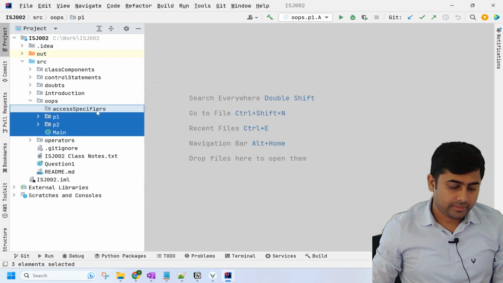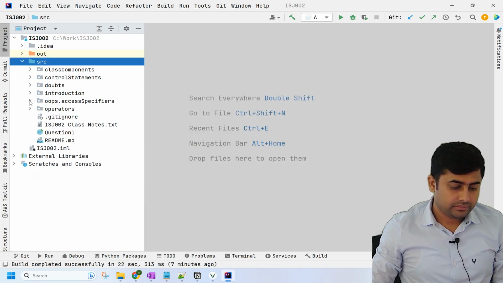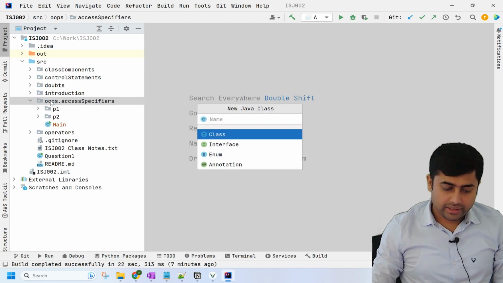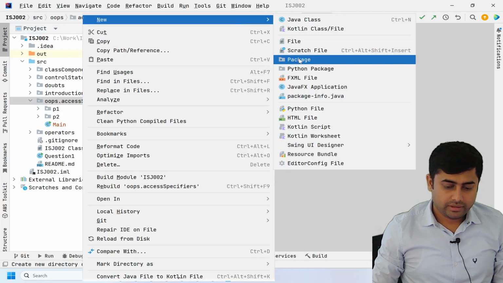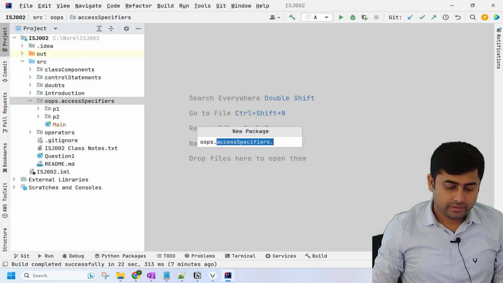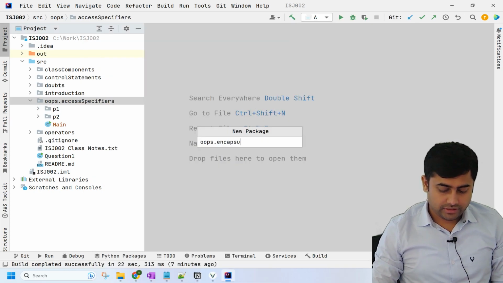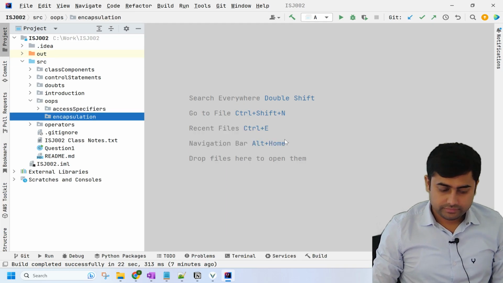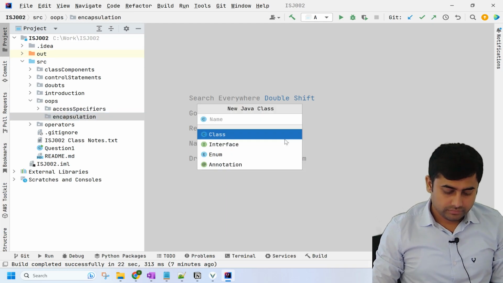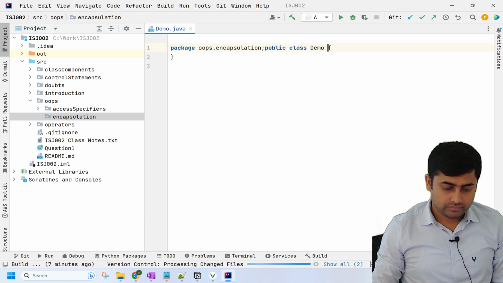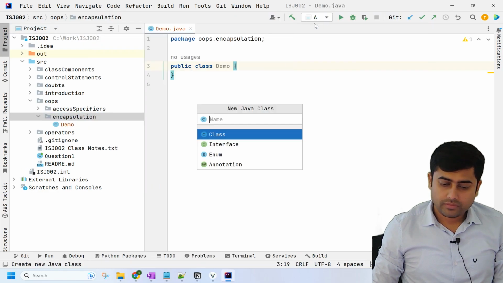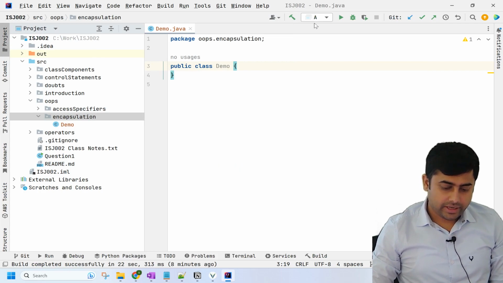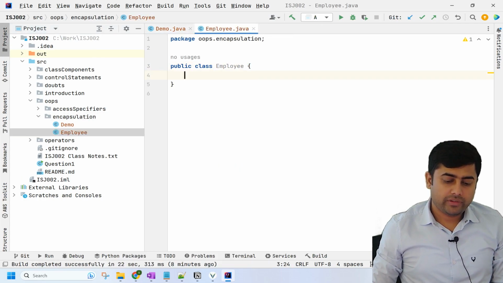Refactor. Then I will create another package called encapsulation. I will create a class, let's say Employee, and Employee will have